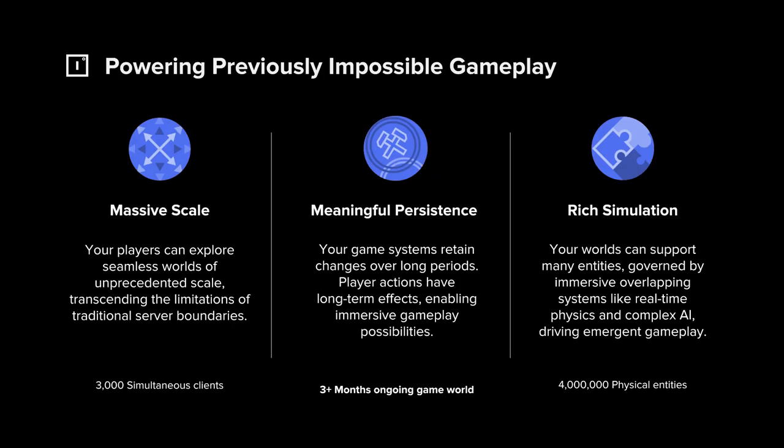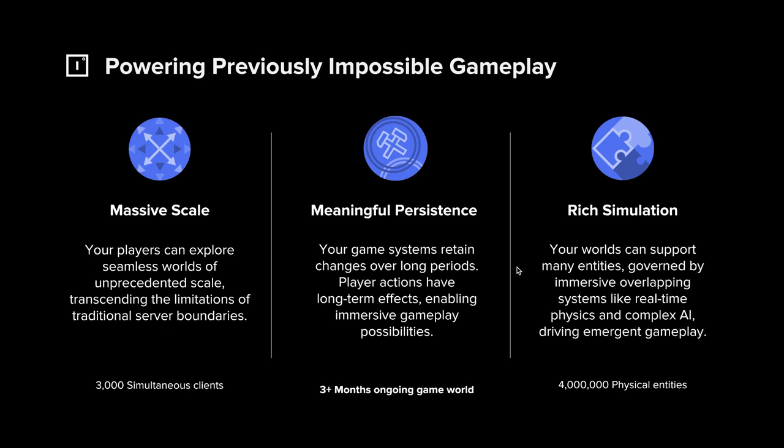There are three pillars that we talk to when we're deciding if a game is applicable or relevant for SpatialOS. The first being scale. Scale doesn't just mean dozens or hundreds of players. Scale can mean thousands of players, right? We add lots of zeros to those constraints. But it also means scale in terms of the amount of content you can have in your game, meaning that you can have bigger, more advanced, more meaningful worlds.